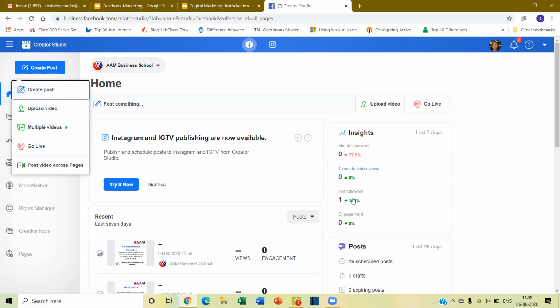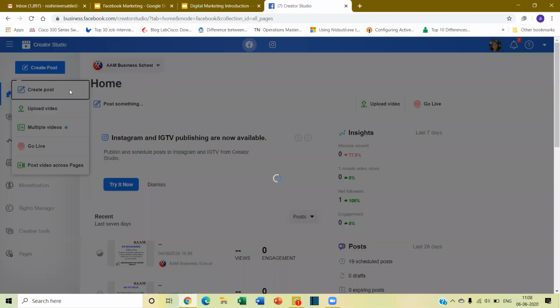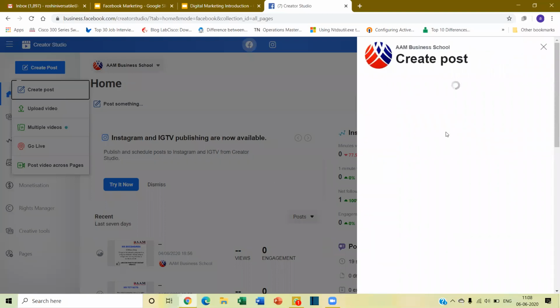on here itself, right? That's the advantage, because when it comes to third party apps, most of the time only limited postings will be free. After that, you might get charged for it, or you have to manually do it and all. But this is a tool given by Facebook directly, so there is no problem. Any posting that you do will definitely get in. So now let me show you how to create a post. Basically, it is just like how you do it in Facebook, but a little easier.